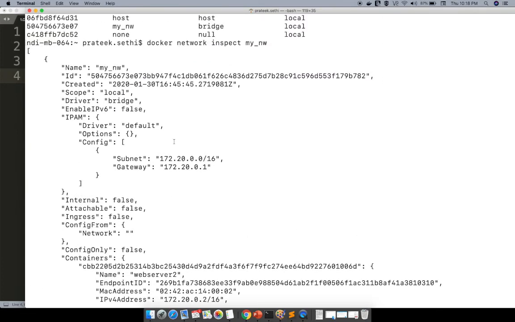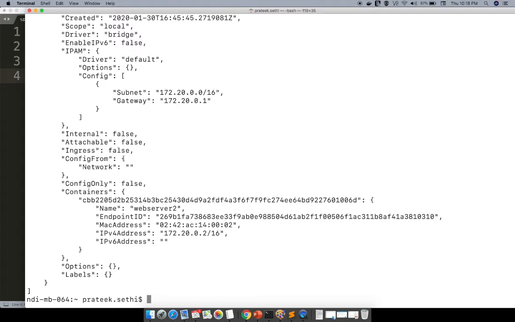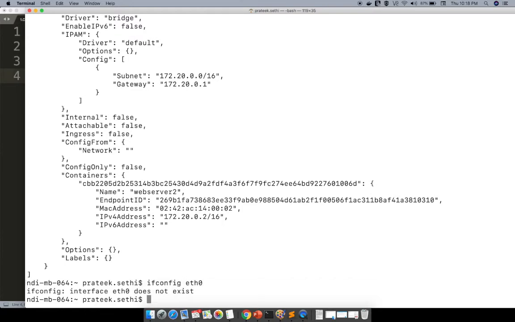See, it gives you output in JSON. In containers it says that in my network you have this container, and its IP address is this. But if I write ifconfig, say, docker ifconfig ethernet 0, I suppose,